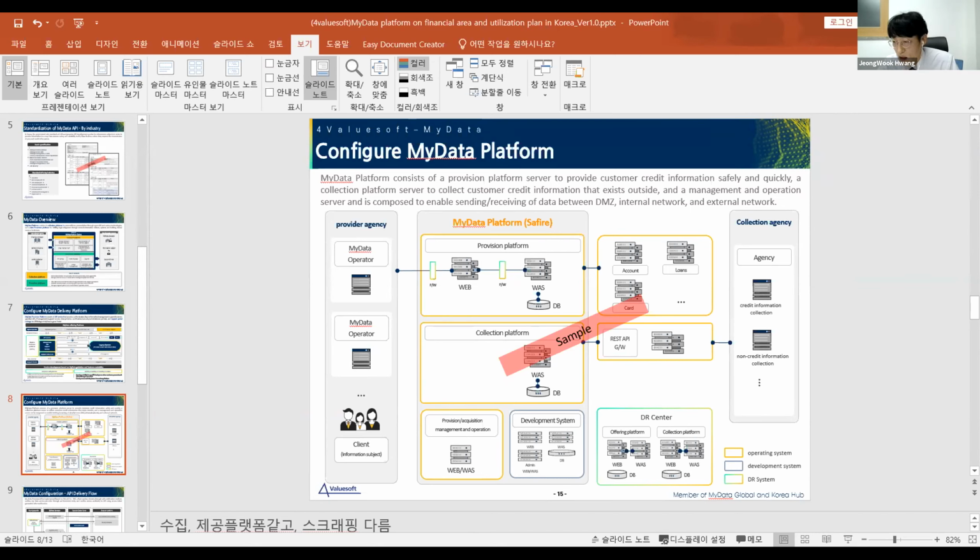It is composed to enable sending and receiving of data between the DMZ, internal network, and the external network.